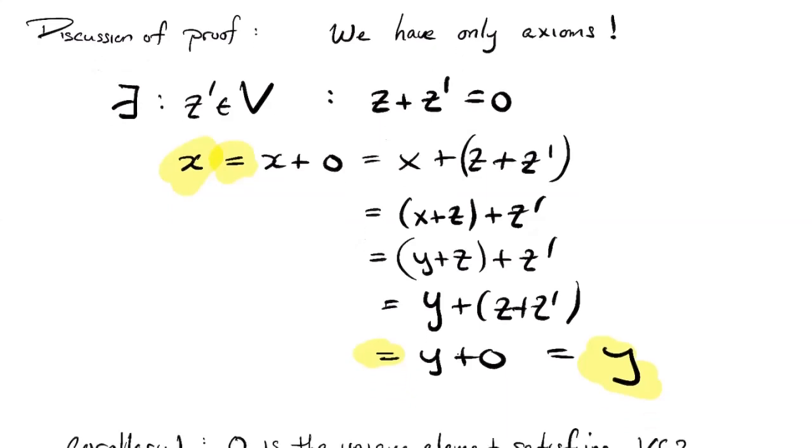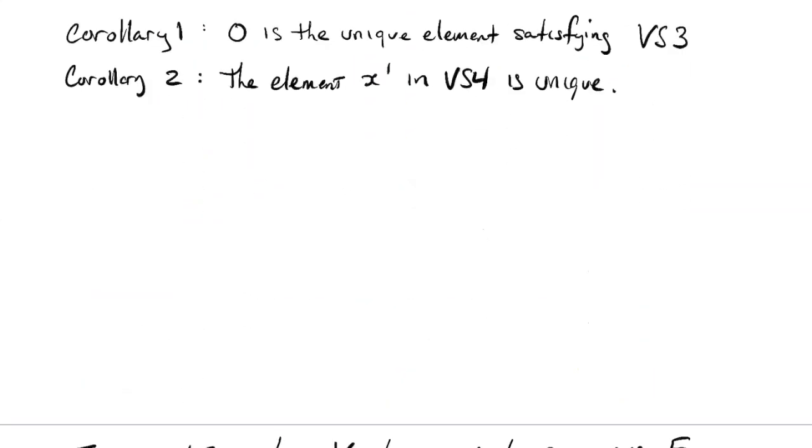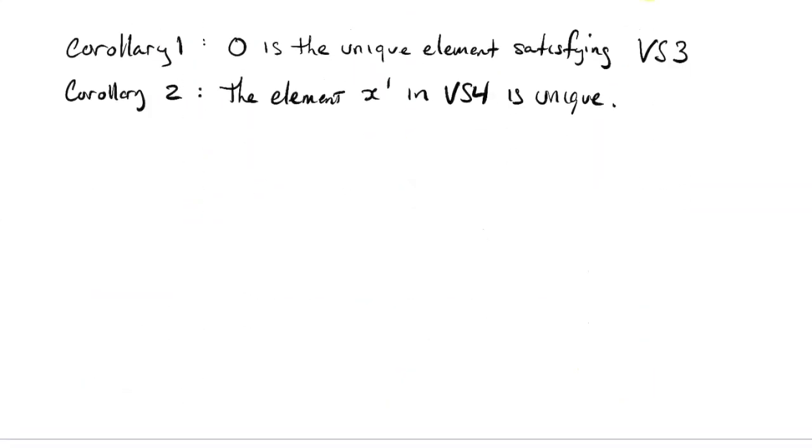All right, so that's a discussion of the proof, the same proof the author gives in the book. The author has a couple of corollaries. They're left as exercises. I think I might leave them too. Maybe just to talk about what the statements mean. They're stated a little bit colloquially: zero is the unique element satisfying vector space axiom 3. So it means that if you had some other element